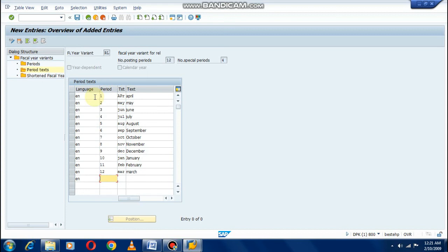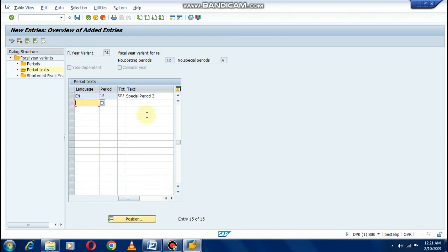Now we will define the special periods. 13, SP1 represents special period number 1. 14th, special period number 2. 15th, special period number 3. 16th, special period number 4.